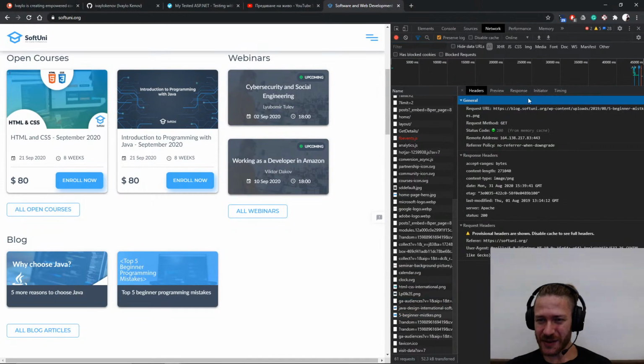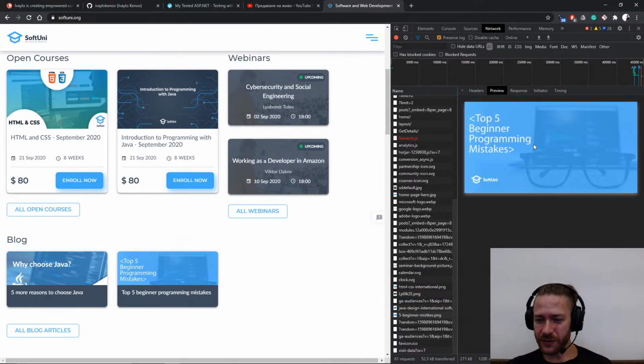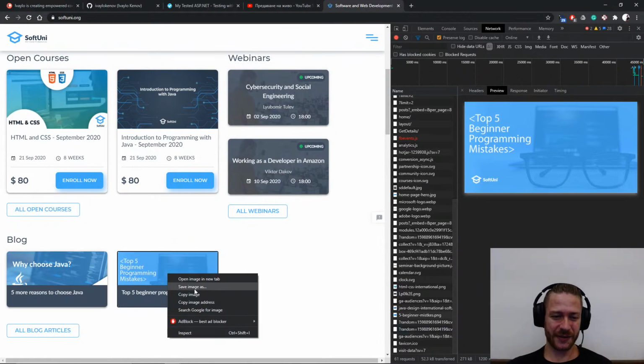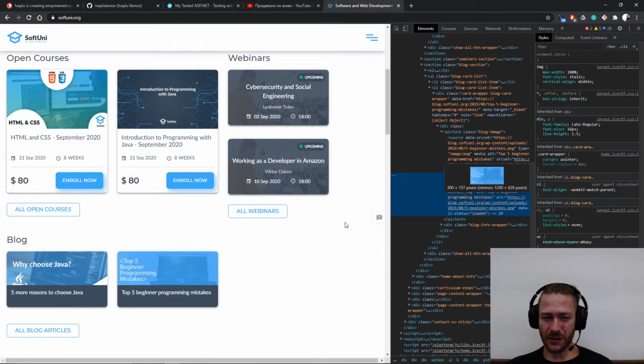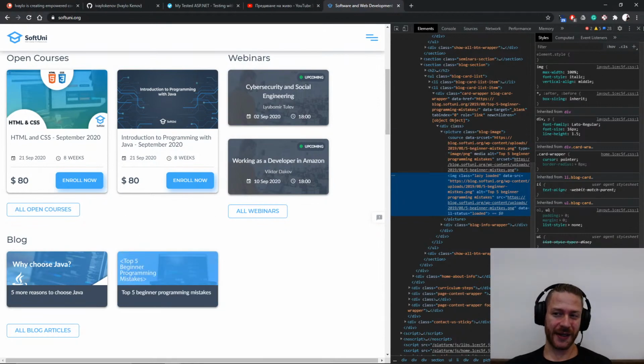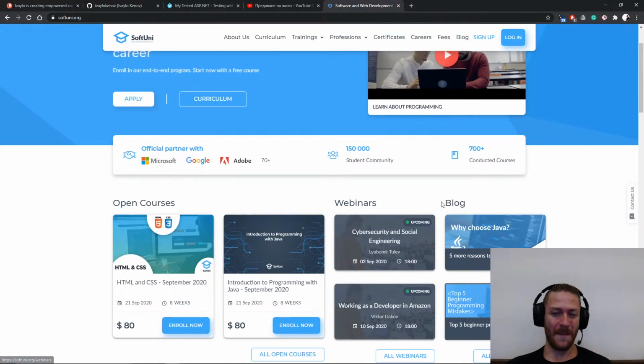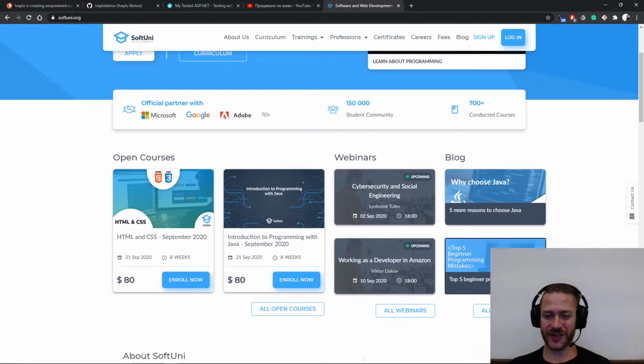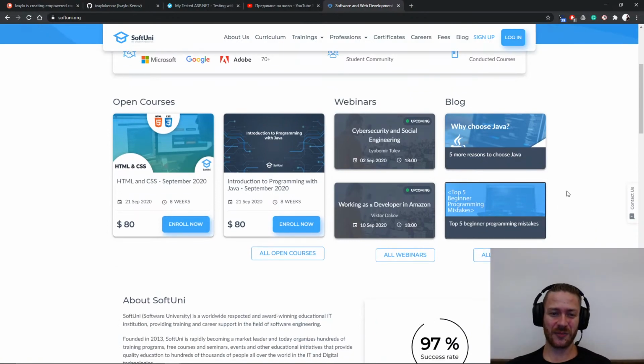So let's see the image preview. We can see that the image is 1200 pixels and it's rendered on 300 pixels square, and that's a bad example currently, because if I have a fast internet, I'm not going to